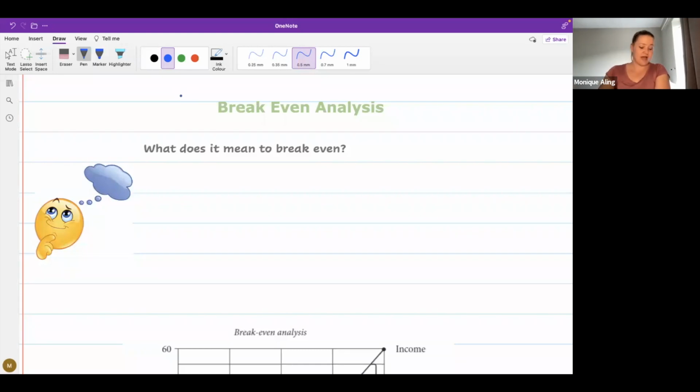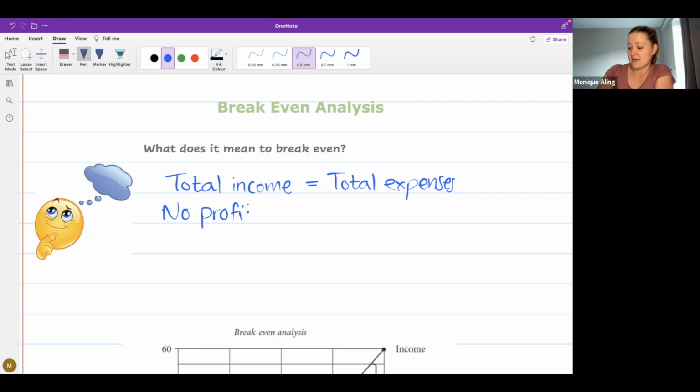definitions. So that's when our total income equals our total expenses. Okay, it's also a point where you are making no profit and no loss is made. So you're not in a great space, but you're not in a bad space, because you're not making a loss. You're not losing out on any money, but you're not making any money. Let's see what else. And profits are equal to the